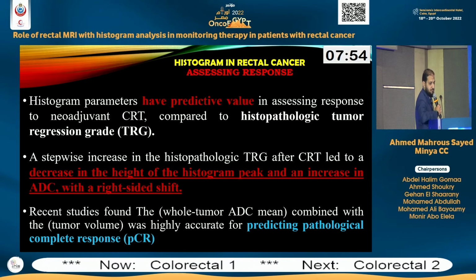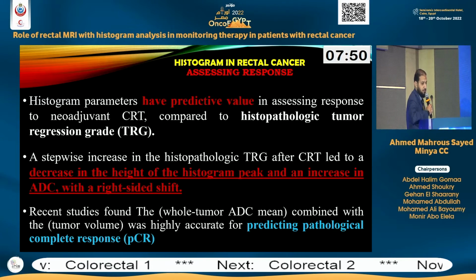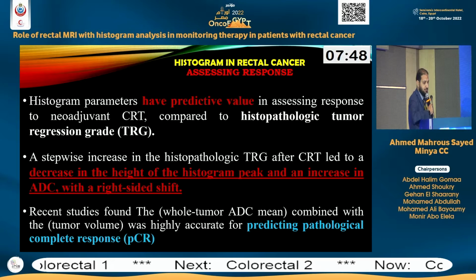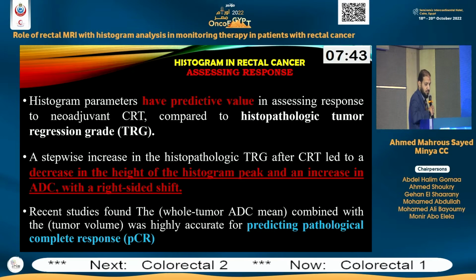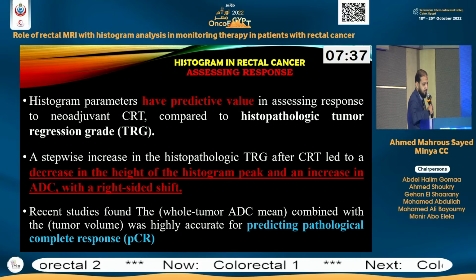Histogram parameters have a predictive value in assessing response to adjuvant chemotherapy compared to the histopathological tumor regression grade. We found that a stepwise increase in the histopathologic tumor regression grade after chemoradiotherapy led to a decrease in the height of the histogram peak and an increase in the ADC with a right-sided shift. Recent studies found that the whole tumor ADC mean combined with the tumor volume was highly accurate for predicting pathological